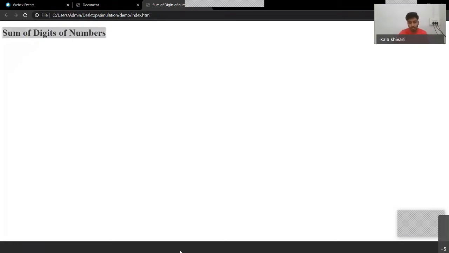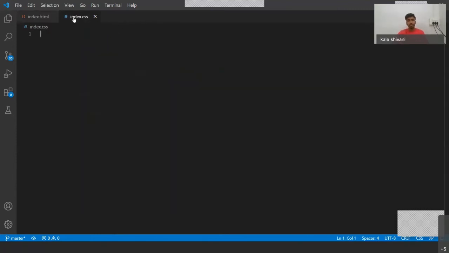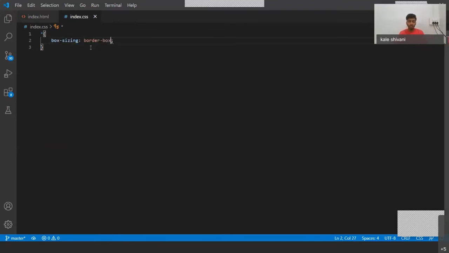We want to apply CSS to it, right? We already linked our index.css file to it, and till now it has nothing in it. The first thing we want to do is, for all the elements in our HTML, put box-sizing equal to border-box. What it will do is, if one container is inside another container and the inner container's width is 100%, it will match the outer container's border.